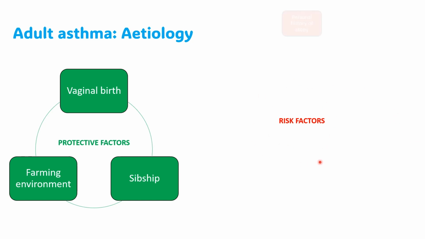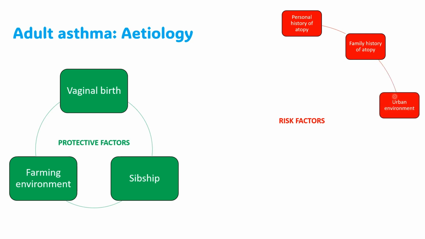So in terms of the risk factors, we have a personal history of atopy. So when I say atopy, it means allergies. So, for example, allergic rhinitis. So hay fever is another term for allergic rhinitis, and eczema. And eczema is also known as, the fancy name for that is atopic dermatitis. Family history of allergies or atopy. If you're in an urban environment,